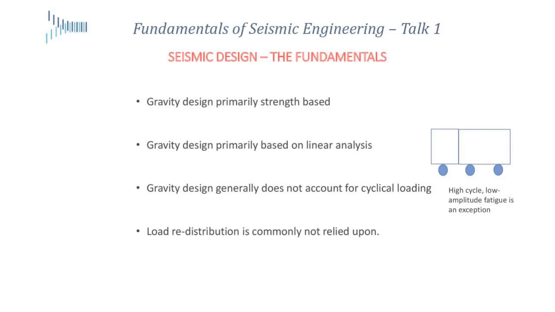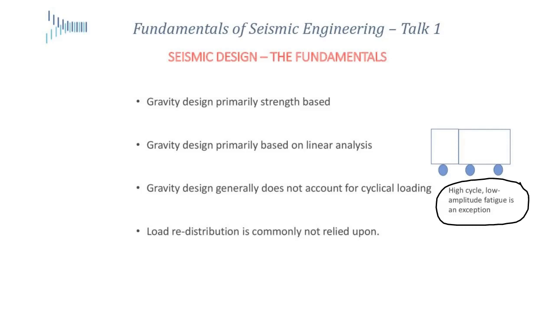We also use linear analysis when it comes to gravity design, and we don't really account for any cyclical loading. The only obvious exception to that is high cycle, low amplitude fatigue,